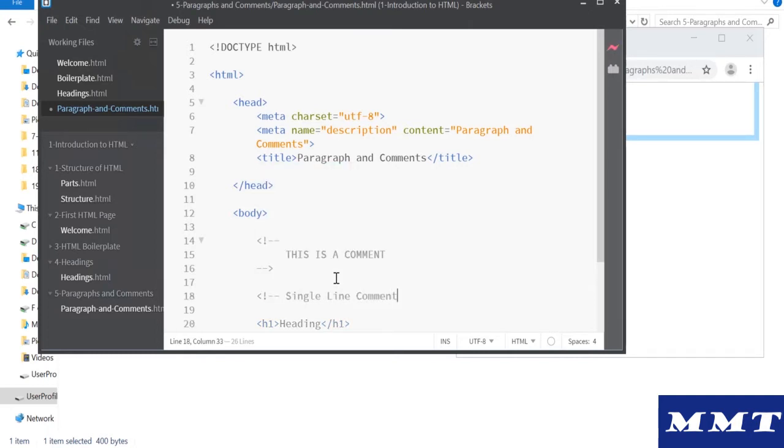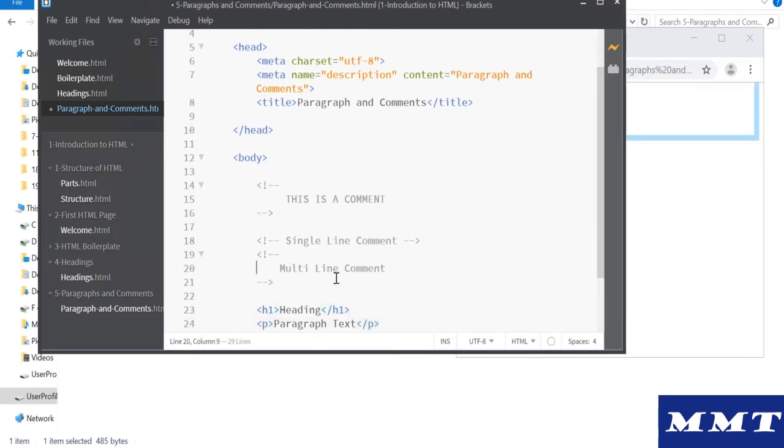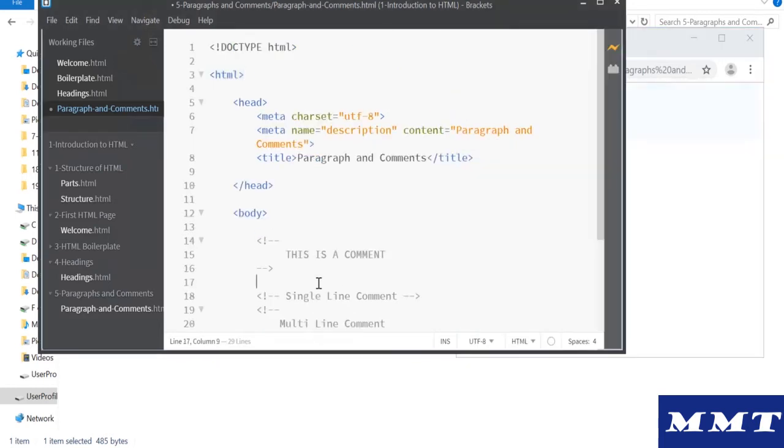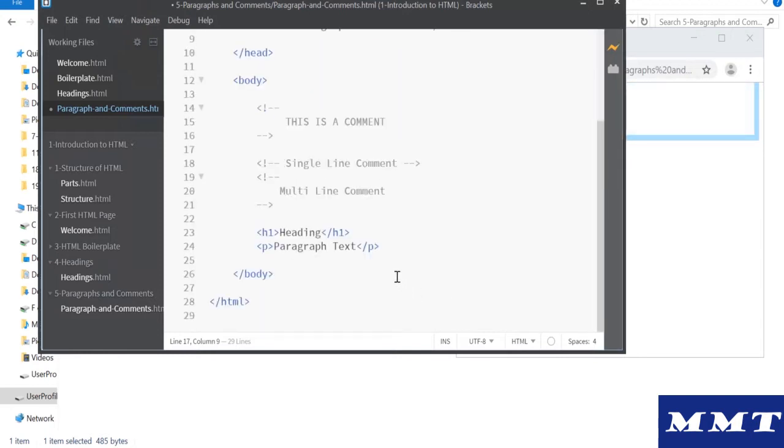Typically when you say comments, there are single line comments and multi-line comments, but everything that you write here is a comment. This is a single line comment, and to convert this single line to multi-line, all you have to do is press enter. That's all, because there is only one comment in HTML. There are no single line, no multi-line. Everything starts with less than, exclamation mark, dash dash and dash dash and greater than symbol. And remember, this is not displayed onto the output. So you are free to write whatever you want as documentation. For learning purposes, you can start writing comments.